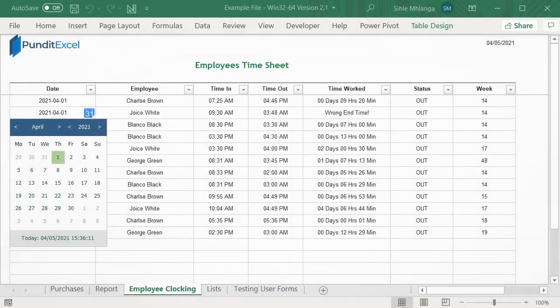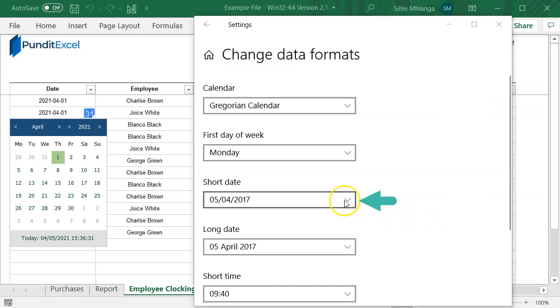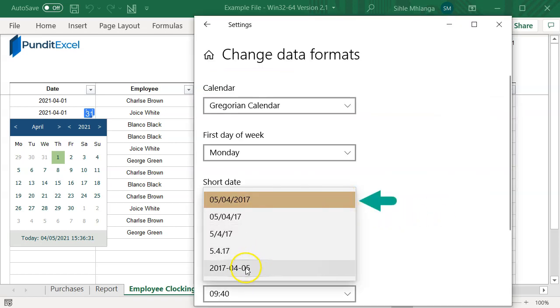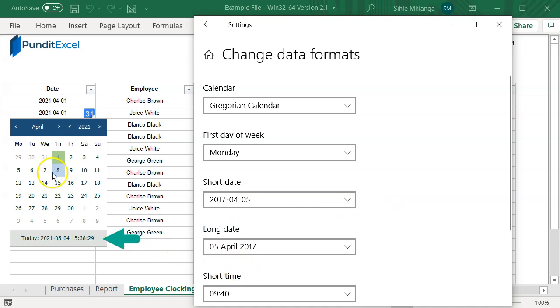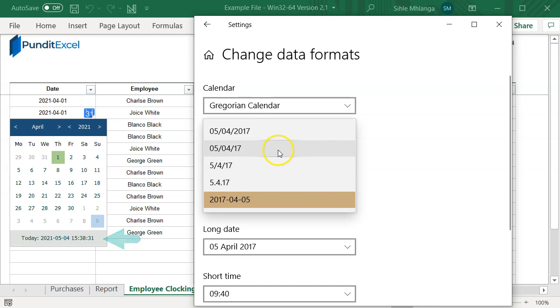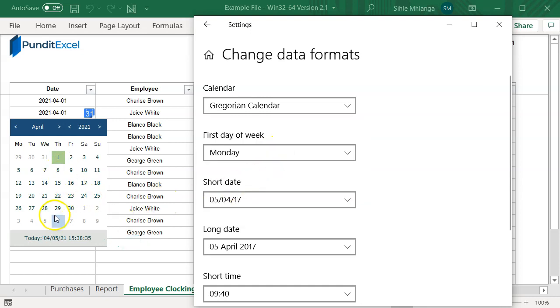Now, don't worry about the format of the date you see right here. The format is not hard-coded. What this date picker does is look into the machine and then render you your preferred formats. As you can see, if I change my time settings and then run the date picker, you will notice that the format on the footer display will also be changed accordingly.